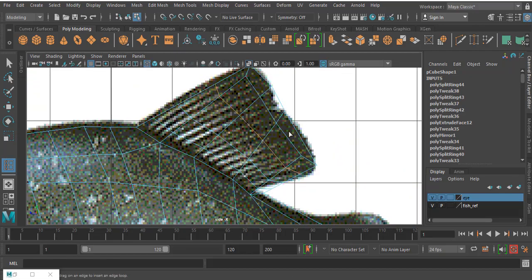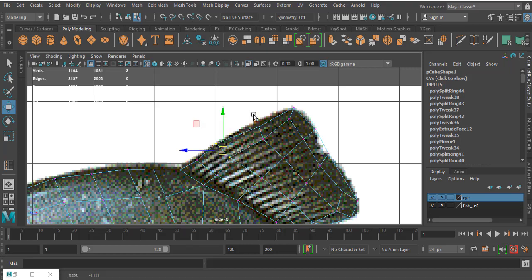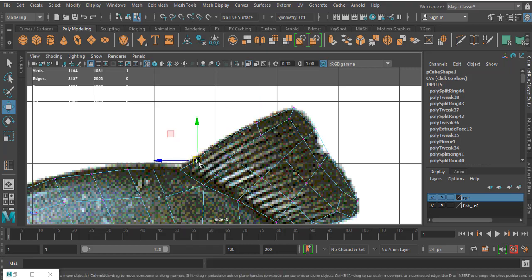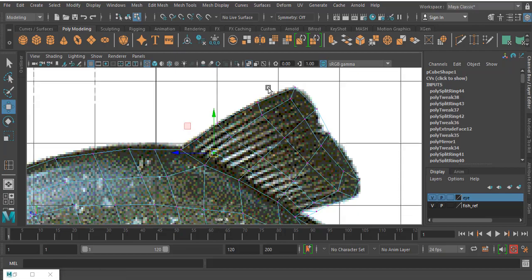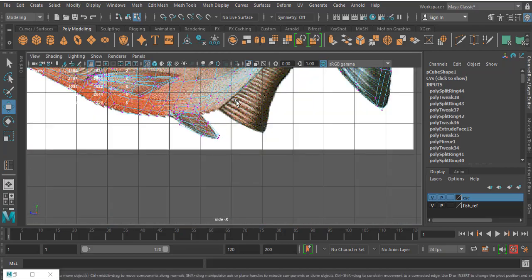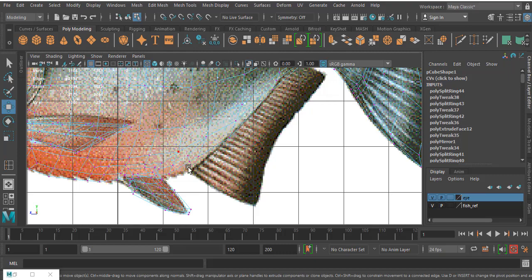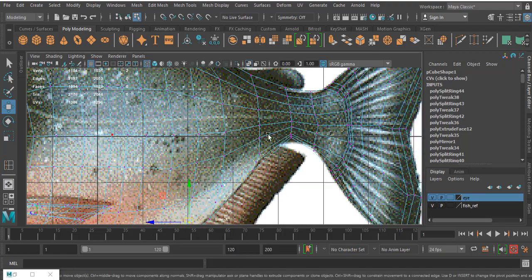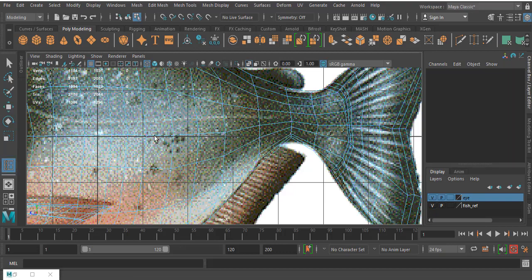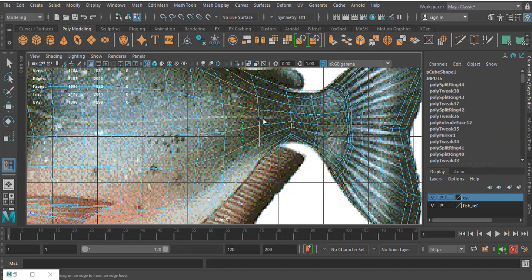We have to maintain this space, like this. Okay, we have enough space for spans.